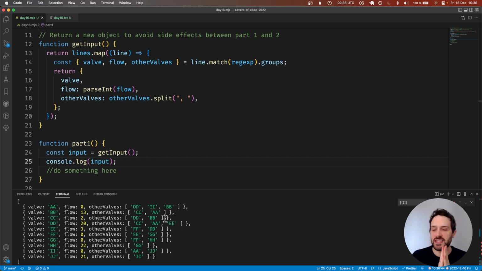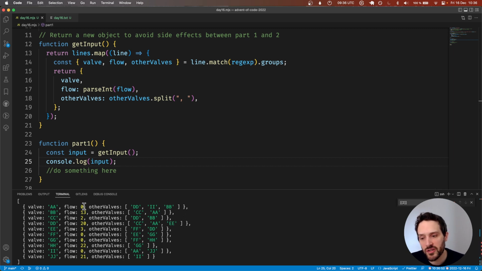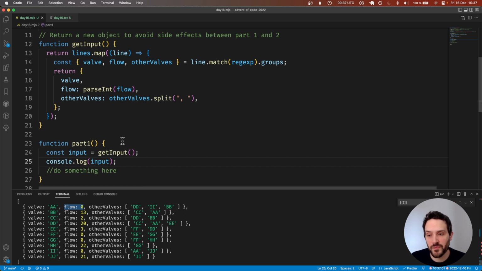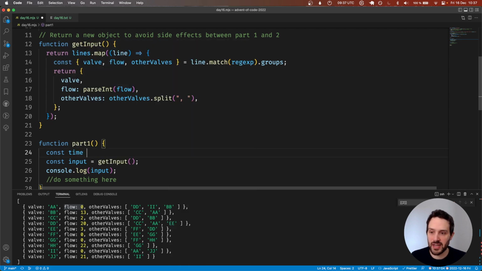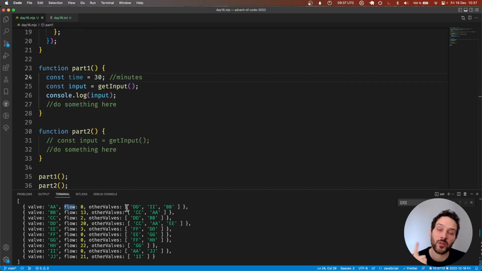So the first thing that we know is that we will never open a valve that has a flow of 0, because we have a specific amount of time that we need to respect, which is 30 minutes. Const time is equal to 30 minutes. Because of that, we don't want to spend 1 minute to open a valve of flow 0, because it will not change the final value, which is flow times the